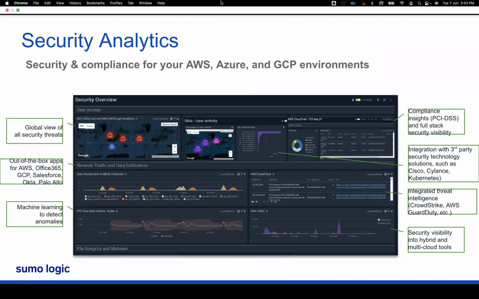There are a lot of out-of-the-box dashboards and queries written specifically for many of the use cases. Like, if you have any insight into PCI DSS, or any specific security scenarios like long-distance login. Or if you talk about integration with many providers, we have around 400 plus integrations, and out-of-the-box apps and dashboards are available for around 300 applications, which